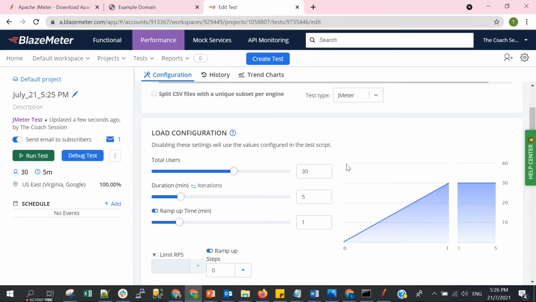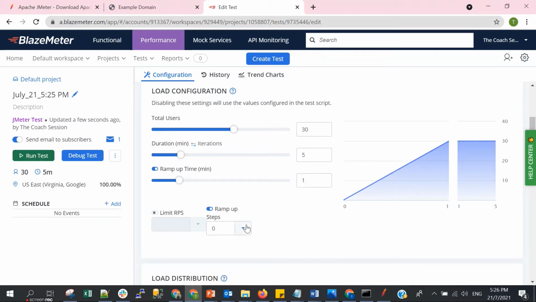Okay, the extra feature in Blazemeter is actually this. It is one of the useful features if we run in Blazemeter, because we can have ramp up steps. So without the ramp up steps, our ramp up will be straight, meaning the ramp up time here is, let's say, 3 minutes.